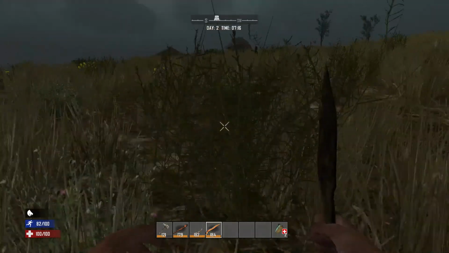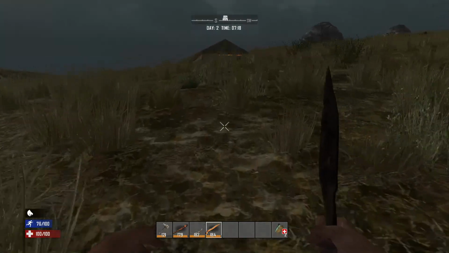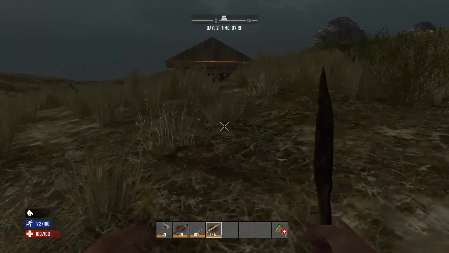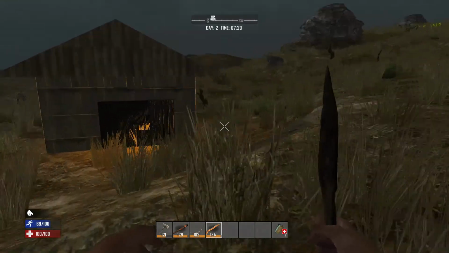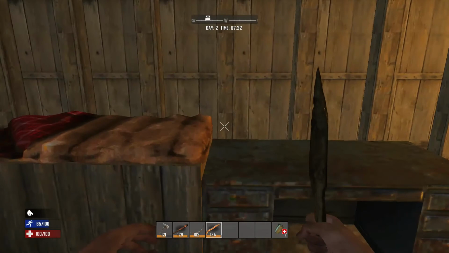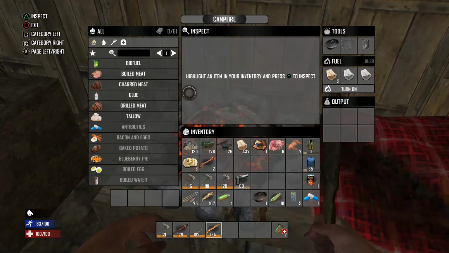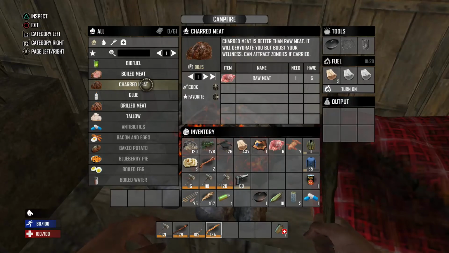So what I might do is I might quickly nip to the campfire, dump some fuel in there, and just char the meat, and we'll either take some with us and then leave the rest cooking, because I think at some point we're going to have to come back here anyway. So stick enough fuel there. We can boil it, but that'll waste some of the water. But we can just char it here. Char all that,